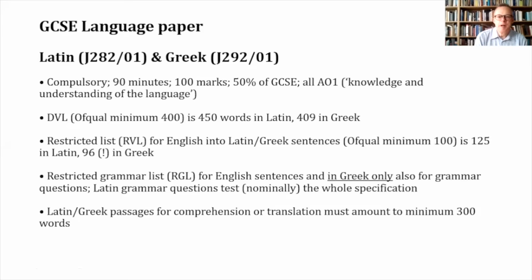The language paper, of course, is compulsory. It's 90 minutes long. It's for 100 marks. It represents 50% of GCSE, and all the marks are for assessment objective number 1, which is knowledge and understanding